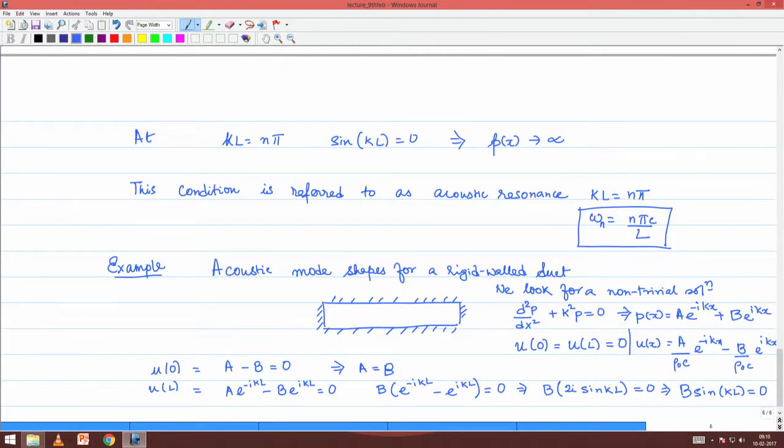So, that means this condition, that there can be an acoustic pressure response even with the absence of any velocity excitation, is possible only if kL equals n pi. That is exactly what we derived even in the last class. If you recall, we had the condition kL equals n pi coming out as the condition for acoustic resonance. Last class we derived it from the premise that it is the condition which leads to a blow up of the response, but here we are doing it from a completely different perspective.